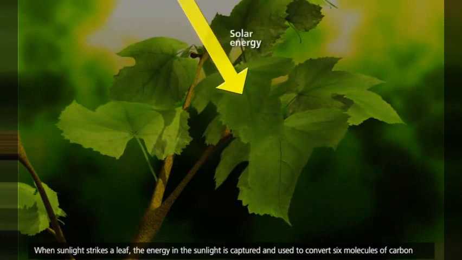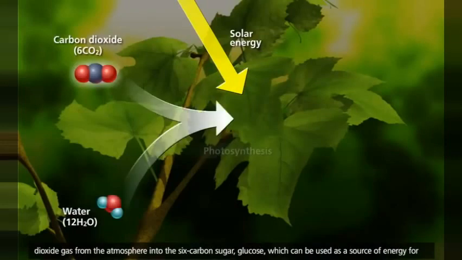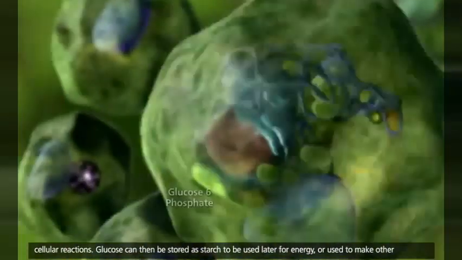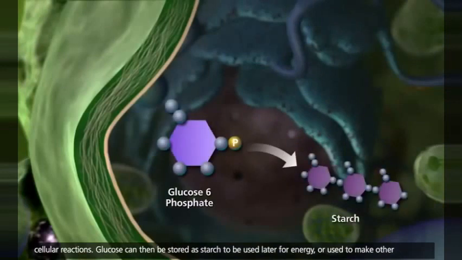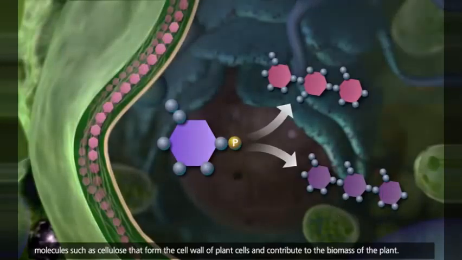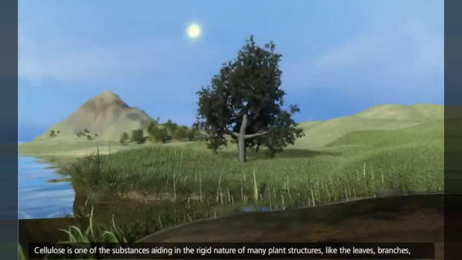When sunlight strikes a leaf, the energy in the sunlight is captured and used to convert 6 molecules of carbon dioxide gas from the atmosphere into the 6-carbon sugar, glucose, which can be used as a source of energy for cellular reactions. Glucose can then be stored as starch to be used later for energy, or used to make other molecules, such as cellulose, that form the cell wall of plant cells and contribute to the biomass of the plant. Cellulose is one of the substances aiding in the rigid nature of many plant structures, like the leaves, branches, stems,